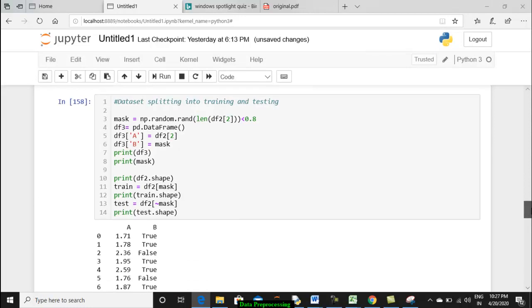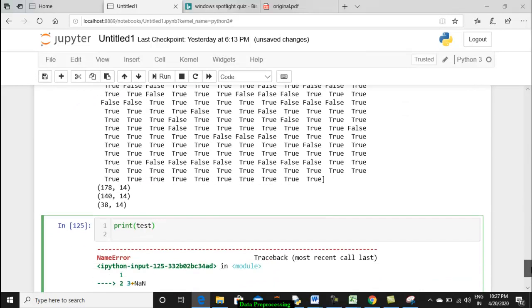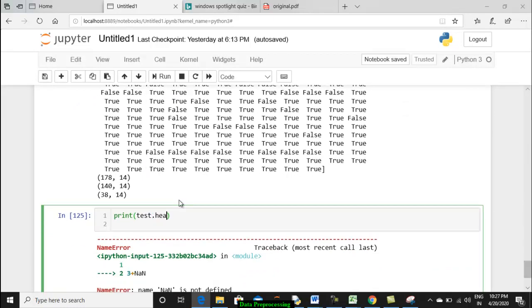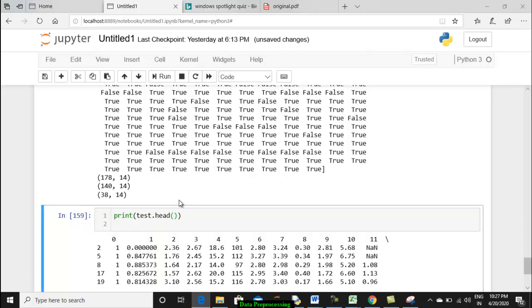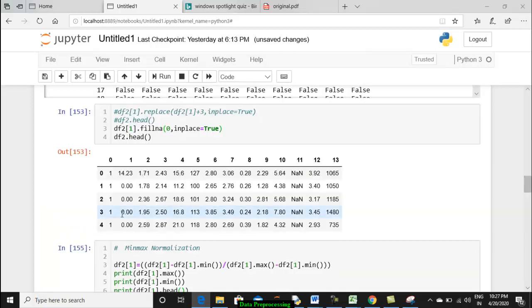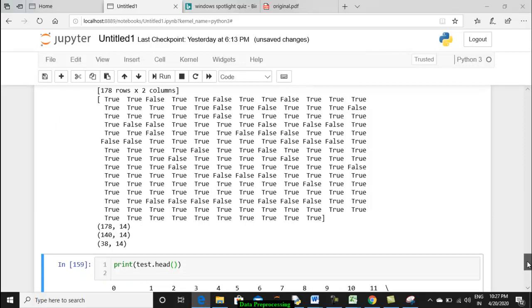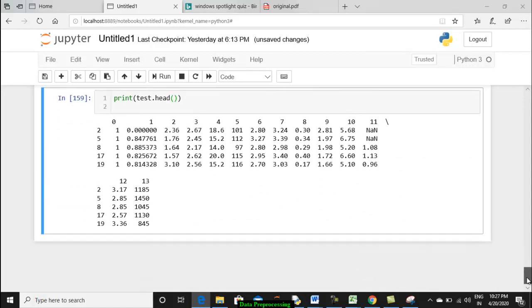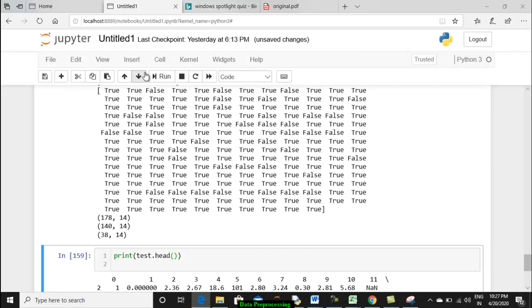What is the name we have? Yes, test.head. Yes, you can see the value at index 2, which is 2.36, here. Yes, this is 2.36, right? So that's what we did. This value is false and hence it has gone to the test data set.